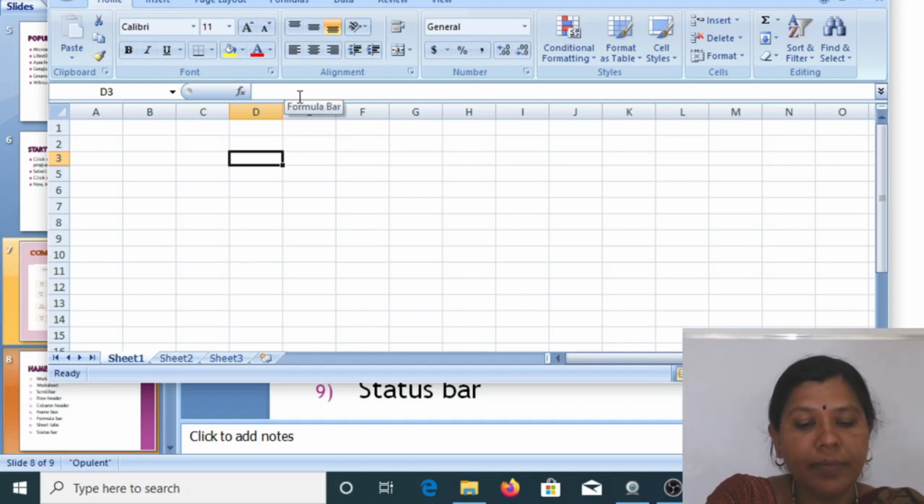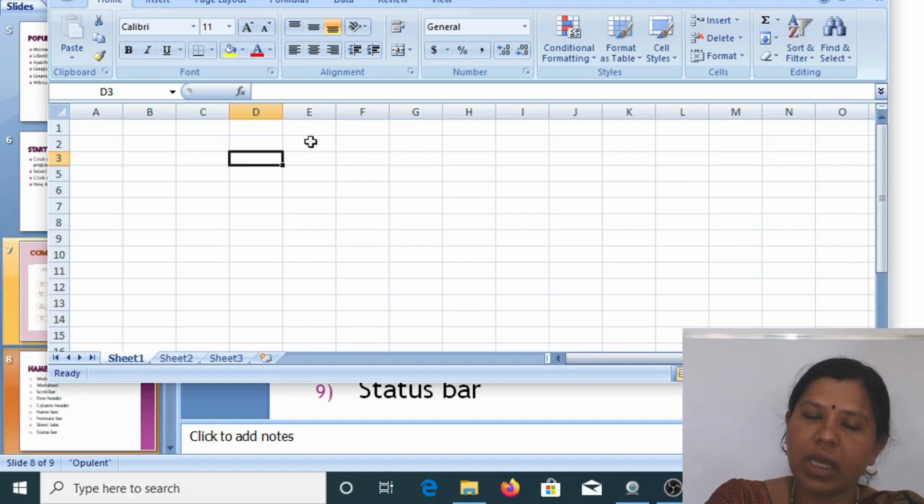It shows the actual content of the cell in Excel. A function or formula is written in this bar. The cell displays the result or a value, and the formula bar displays the formula applied. A formula or a function always starts with the equal to sign.